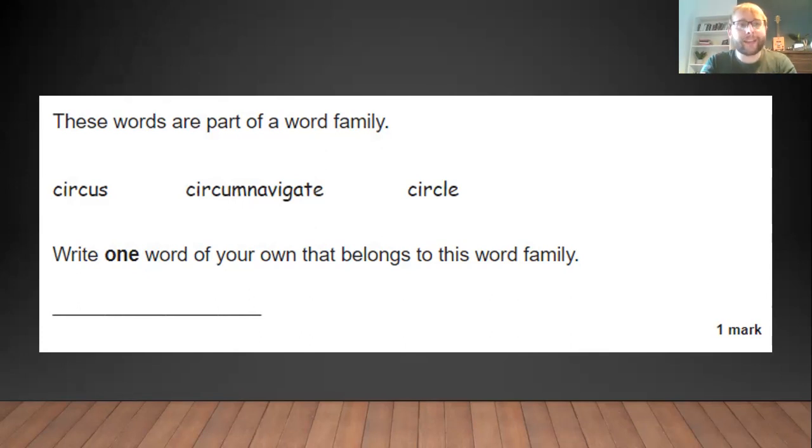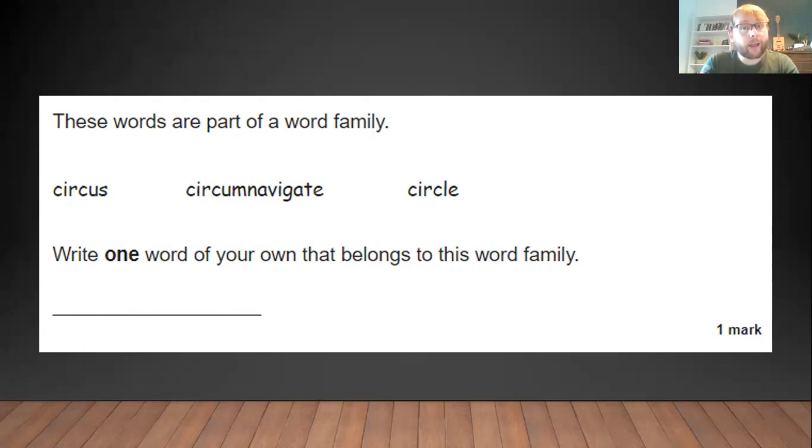Spectacles help us look. Inspector looks for clues. Spectacle is something amazing to see. A spectator is somebody watching something. So they're all to do with sight. But we don't have spect in these words. We have circ, C-I-R-C. And the three words we've been given are circus,